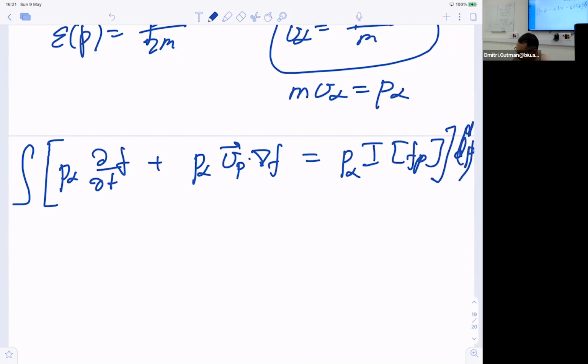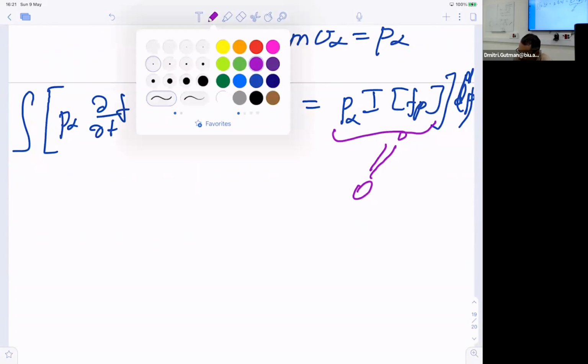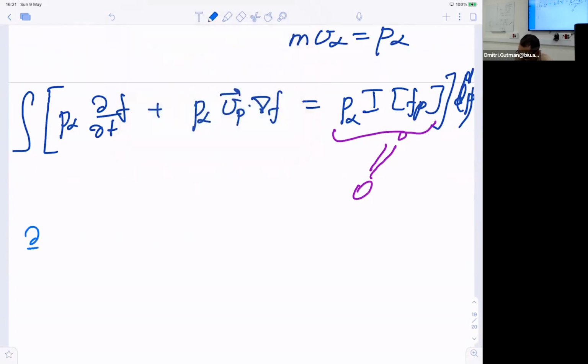Notice that because of the property that we discussed above, the collision integral drops, because I multiply the collision integral by the momentum, and the total momentum is conserved, therefore the integral drops. And therefore I have an equation: d over dt